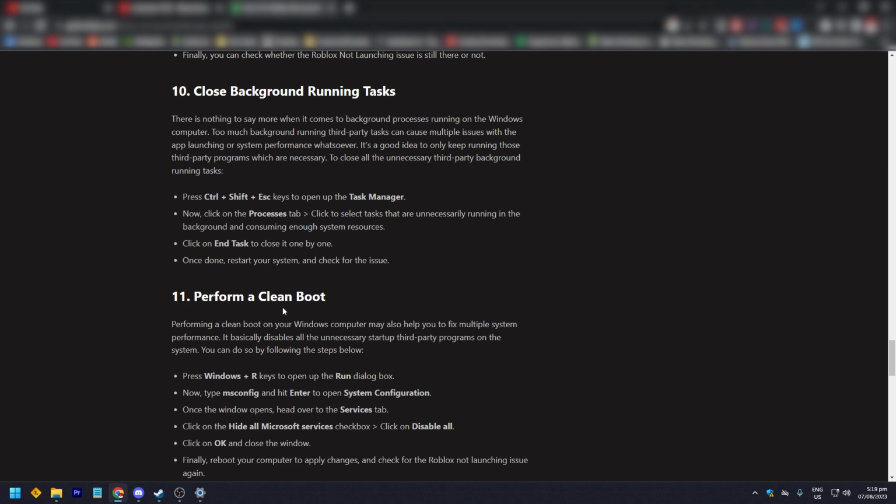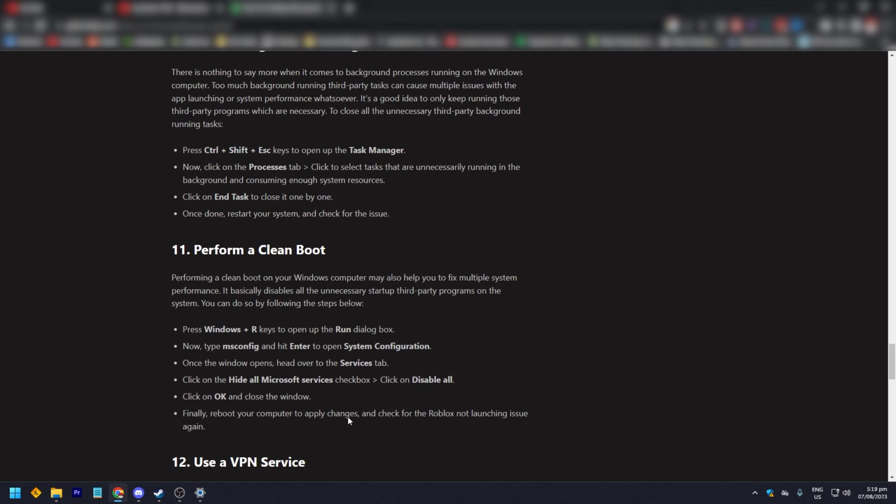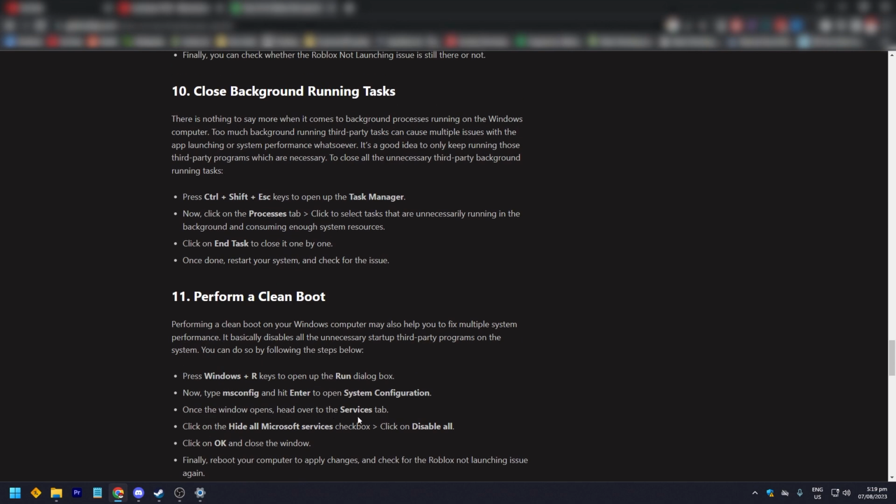At least perform a clean boot. Performing a clean boot on your Windows computer may also help you fix multiple system performance issues. It basically disables all unnecessary startup third-party programs on the system. To do this, press Windows R to open the Run dialog box, type msconfig, and hit Enter to open System Configuration. Once the window is open, head over to the Services tab. On the Services tab, check the Hide all Microsoft services checkbox, then click on Disable All, then click OK, close the window, and then reboot your computer